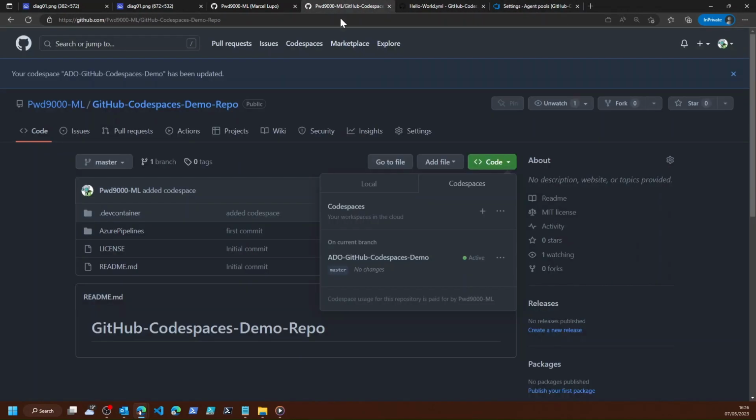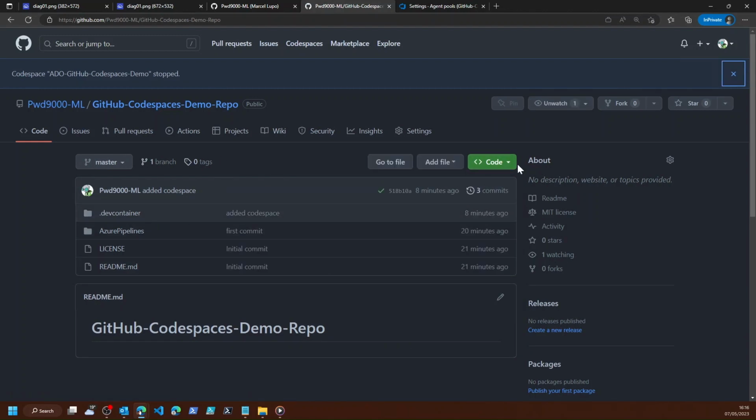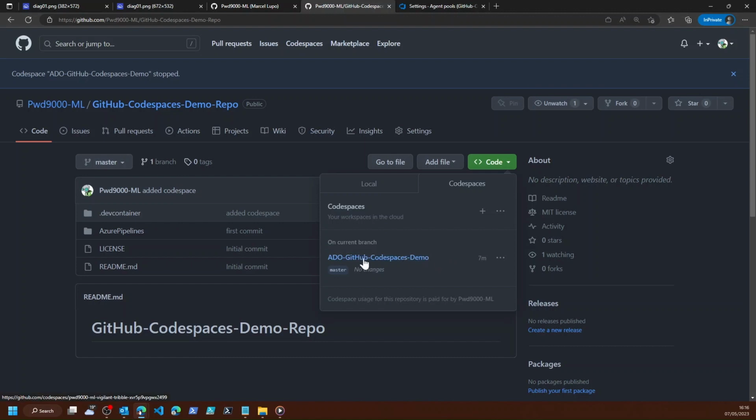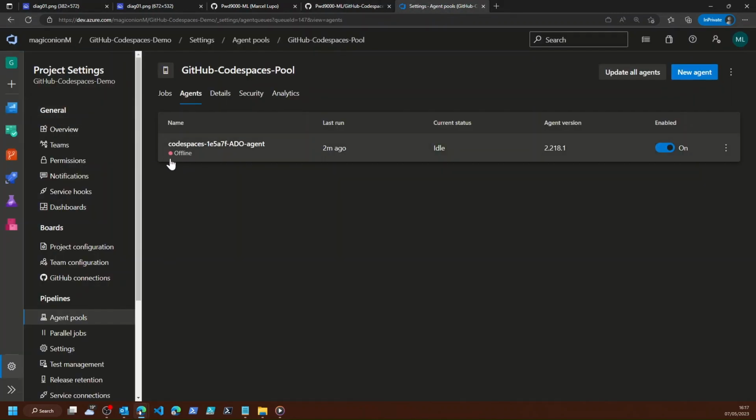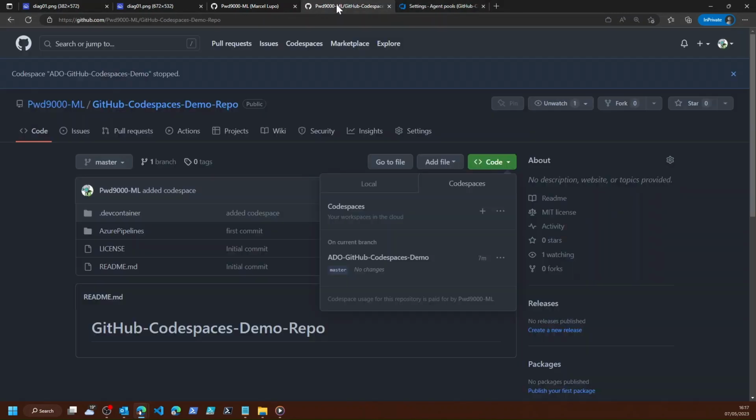So just to show you, if I come out of this code space, I can go and stop this code space, which will basically turn the compute power off in the background. This is basically a compute space that's hosted on GitHub. By turning that off, as you can see there, our Codespace is now offline, and if we want to go into this Codespace, we could just turn this back on